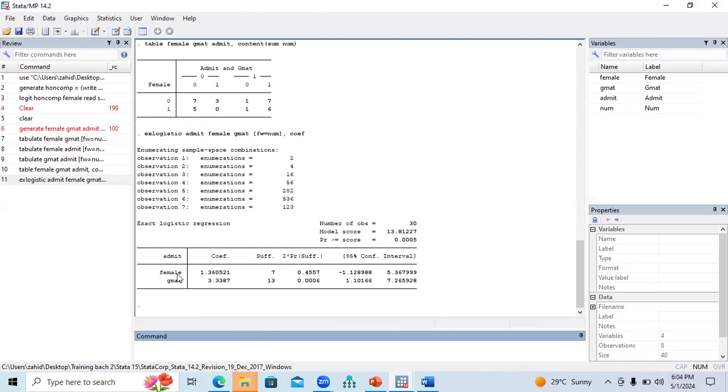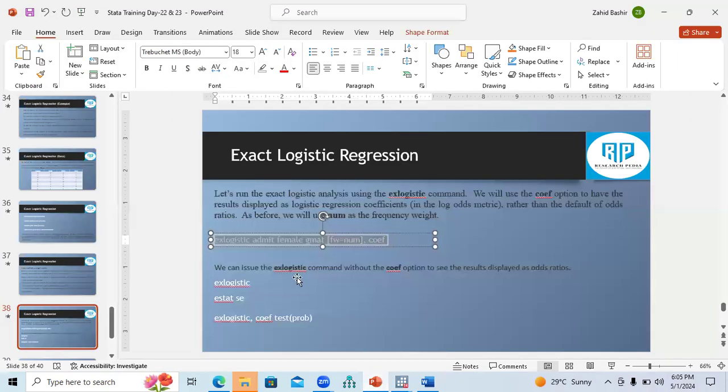It indicates the coefficient value 1.36 for female, and for GMAT it is 3.38. You have seen the coefficient values only here. We cannot confirm whether these logistic regression coefficients are significant or not. So what we need to do,